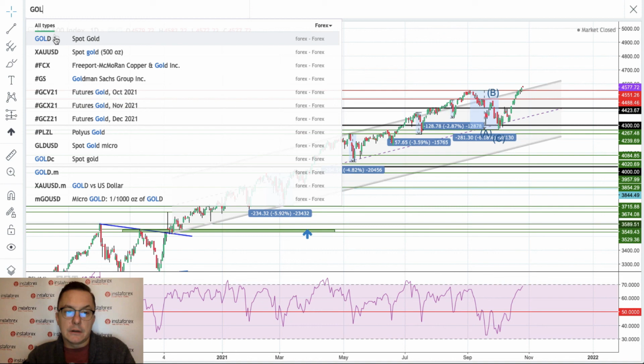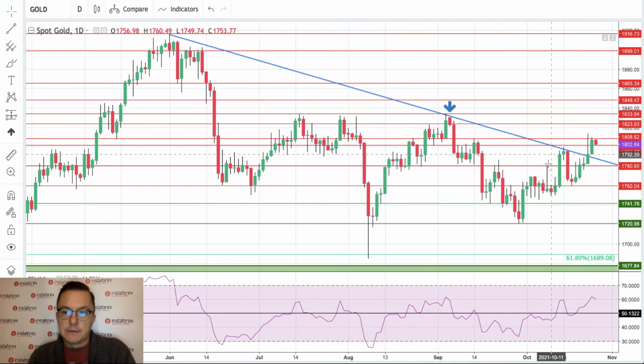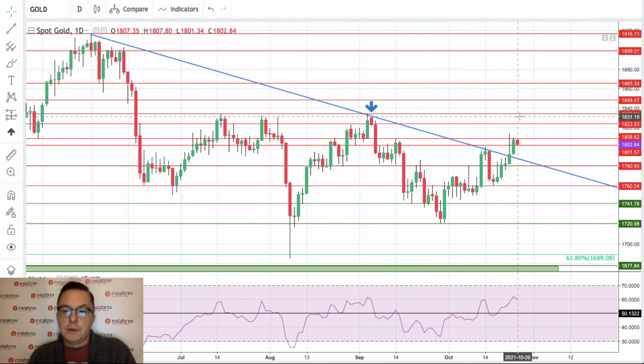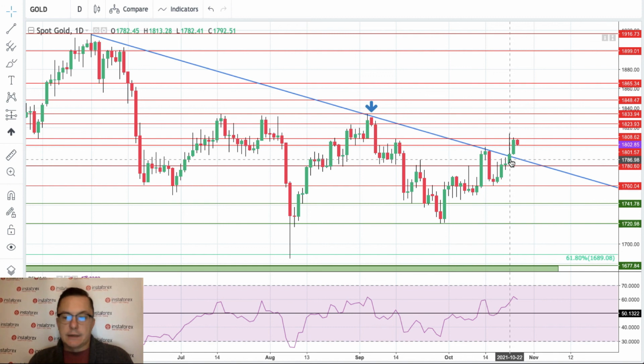What is going on with gold then? The gold doesn't want to go down either. Why? Because as you can see, we got this recent breakout above the blue trend line. We got that interesting candle here. This is a daily time frame chart, so this is a daily candle, and we have a breakout towards 1808. So this is the high from Friday, sorry, of course, because it's Tuesday today.